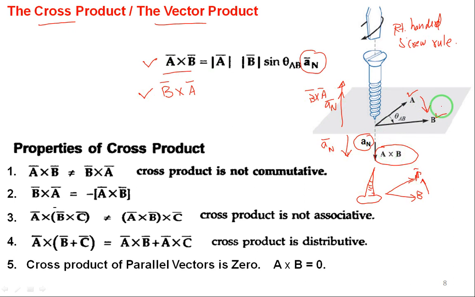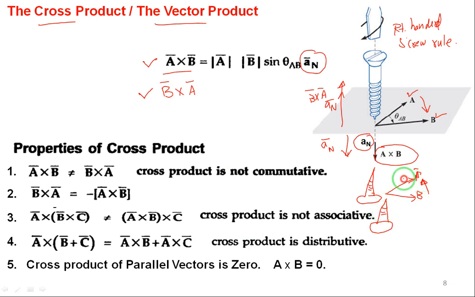One minute, I will explain. Here you can observe B to A, right-handed screw rule, A to B, B to A. If you take it downward from B to A, yes, it is fine, B to A only. Instead, I have to draw the screw here. Just observe, I will draw the screw once again. Take the tip of the screw here.